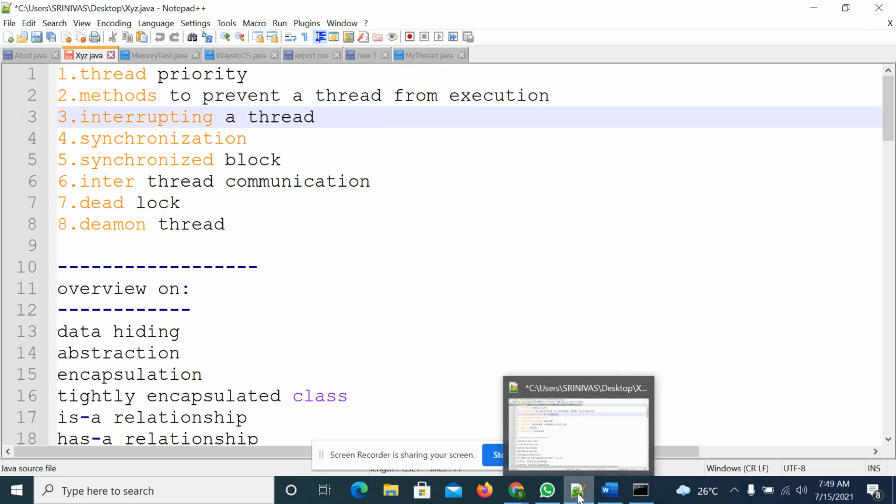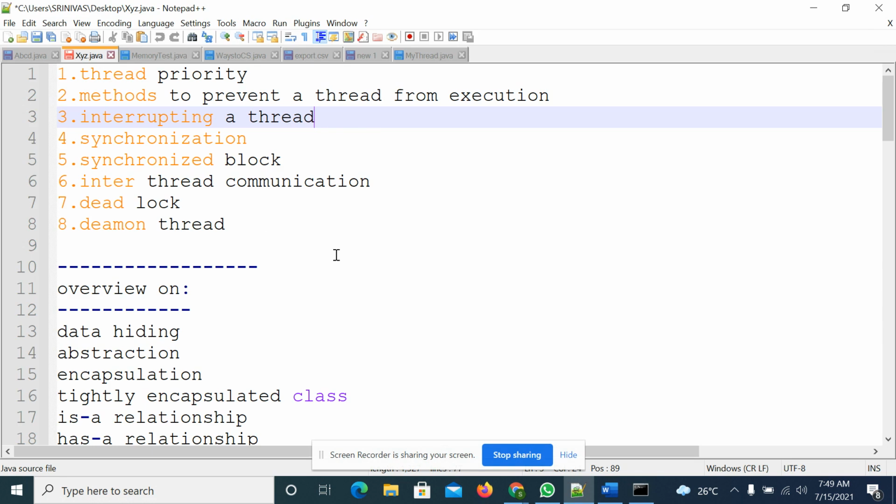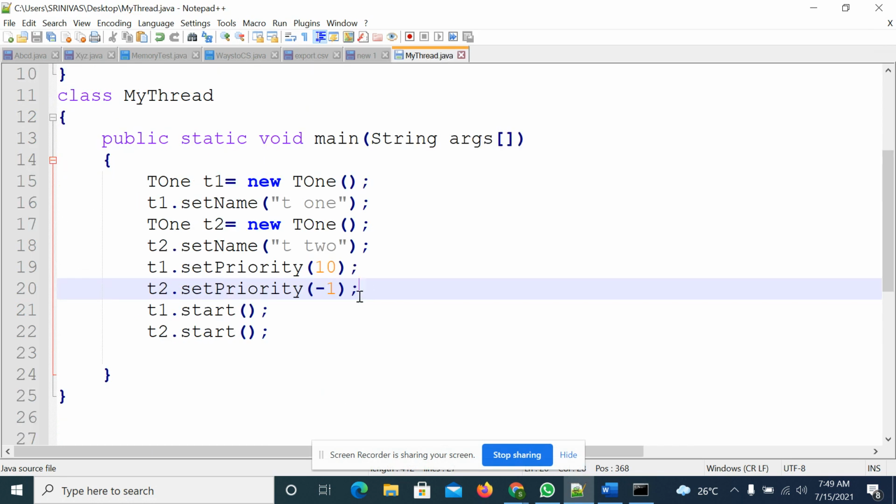If required, you can take this code for practicing it. One minute. Power failure.